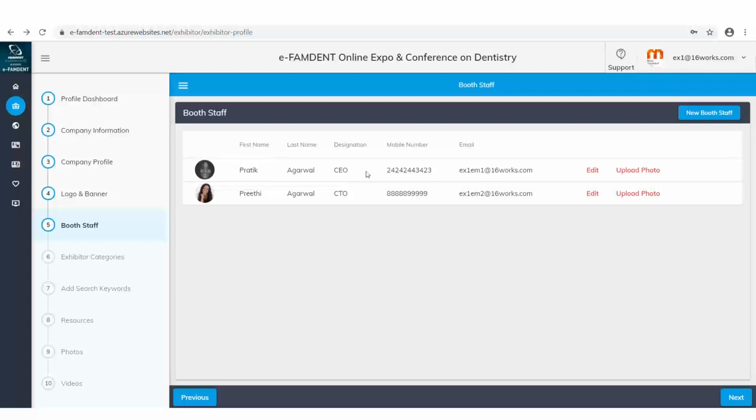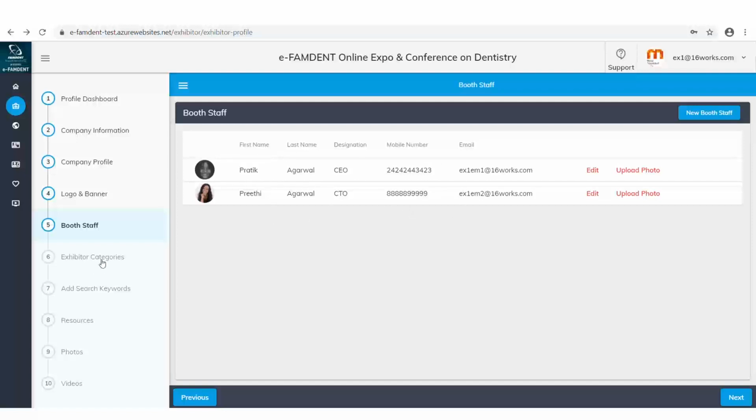For example, if you want this person Pratik Agarwal to be a South representative of South Market, you can still put that here instead of designation, and when the visitor comes, they will be able to relate and see the person and then can talk to them for any specific requirement. So it's a simple process of adding Bootstrap.